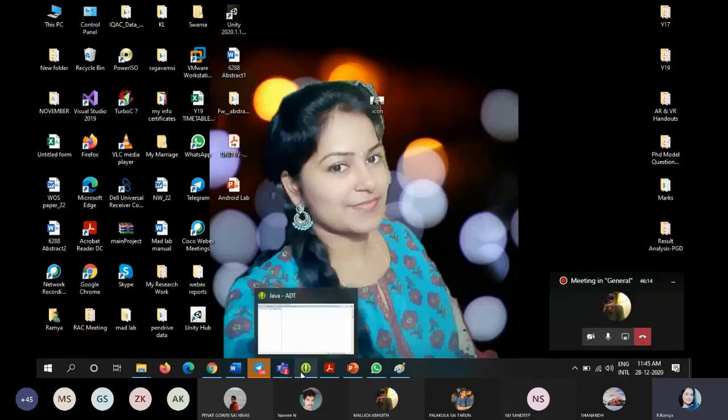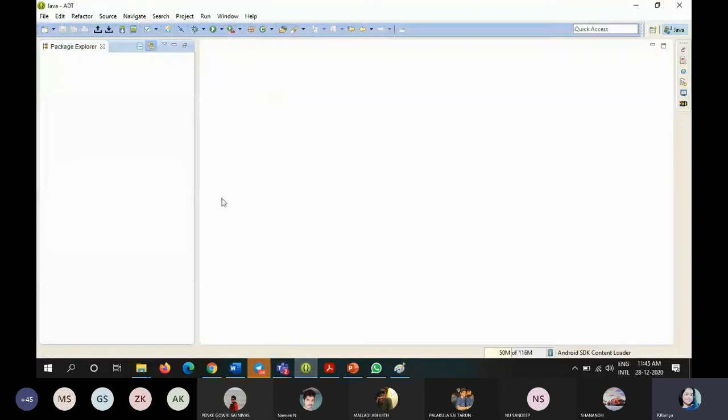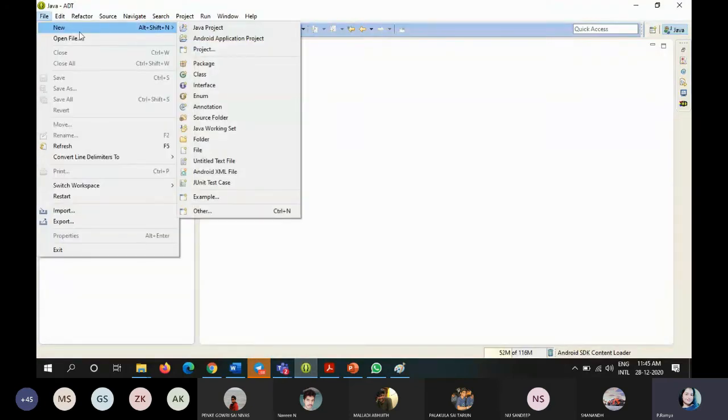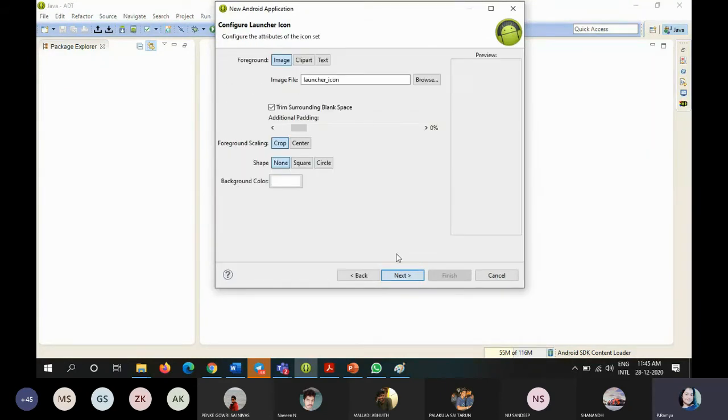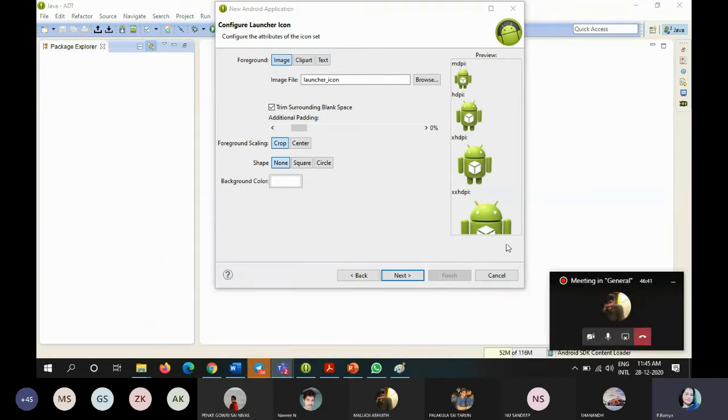Now, the image will already be placed on my desktop. So now I'm going to the Eclipse platform. Once again, I'm showing the same. I have already saved one image from the net itself. So now what am I going to do?